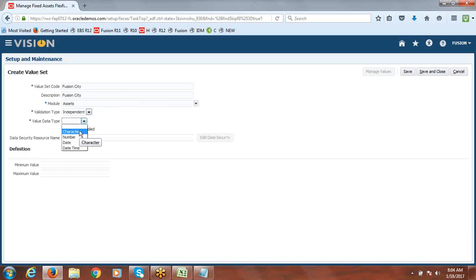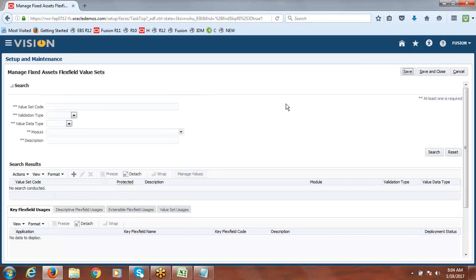Listed value data type is character. Then 30 characters. Save and close. Then we created three value sets, and we'll go and create location flex field structure with three segments, and we'll be assigning these three value sets to those three segments.